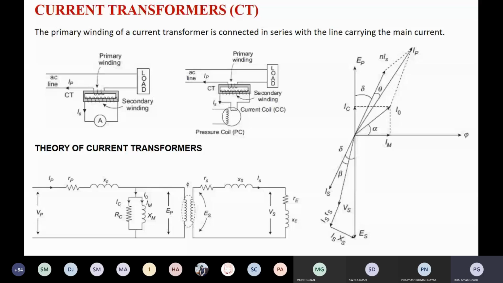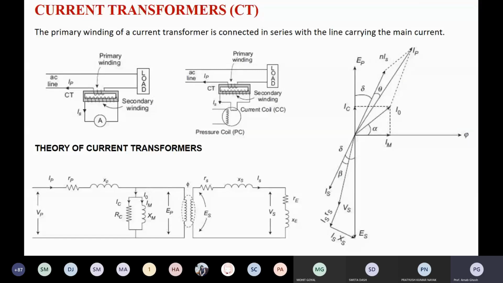From outside of any substation, you can easily identify the CT as well as PT. In case of PT, only one terminal is there, and it looks like a cylindrical drum shape. So from outside of the switchyard, you can observe that this one is CT and another one is the PT.